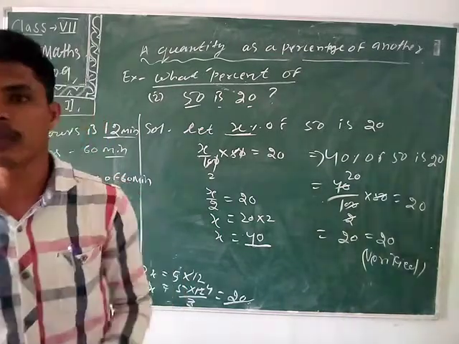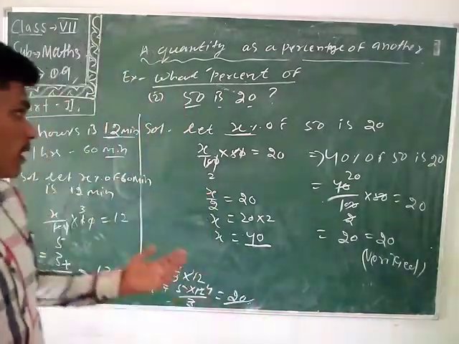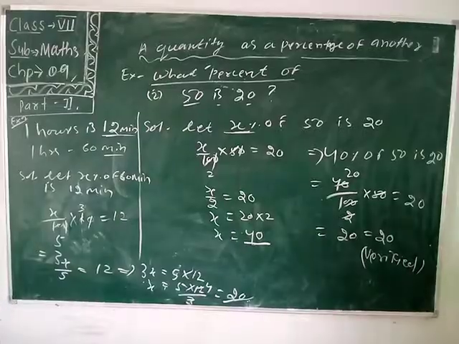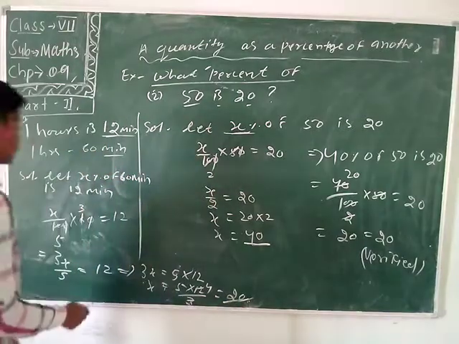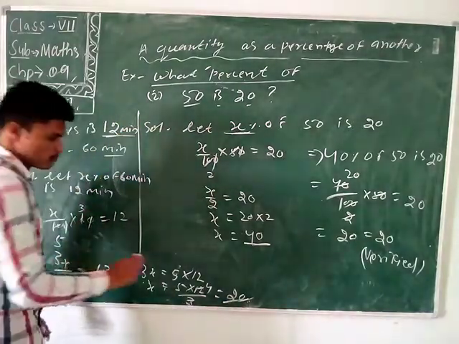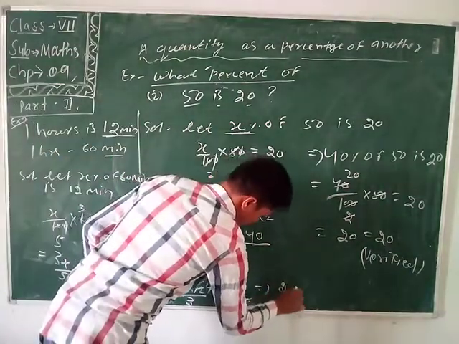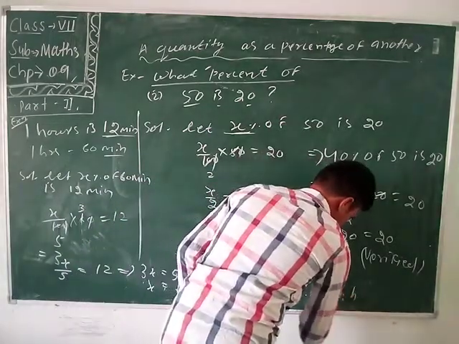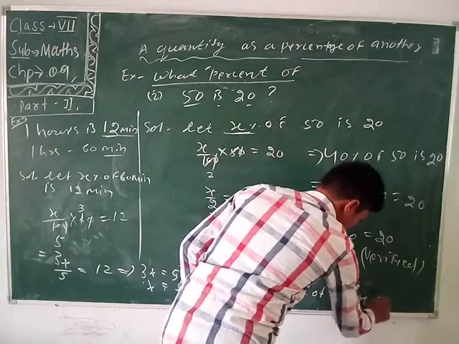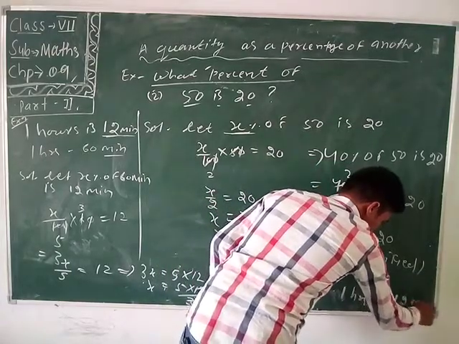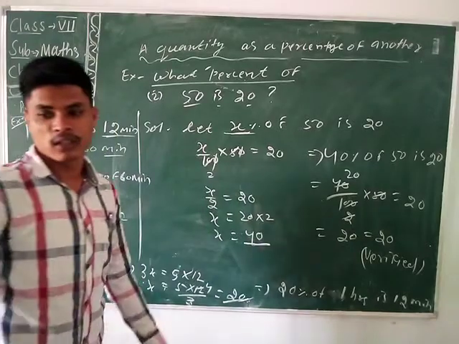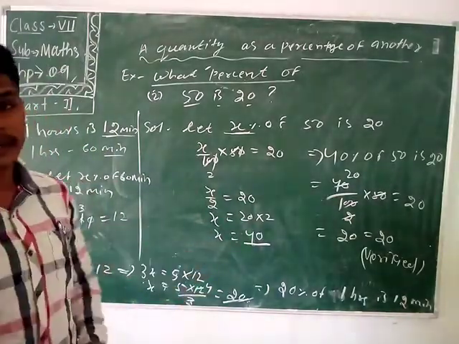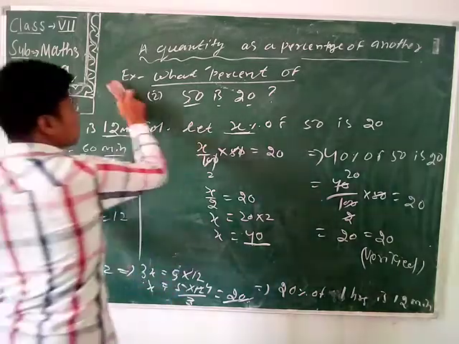Now we'll take another quantity, take an example and solve the answer. Then we got 20. That means we can write for the question: 20% of an hour, or 1 hour, is 12 minutes. We can easily find that. Now if the percentage is given and the quantity is not given, then how can you find the answer? Let's explain it.